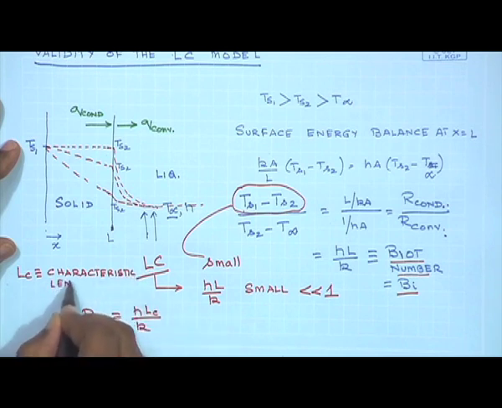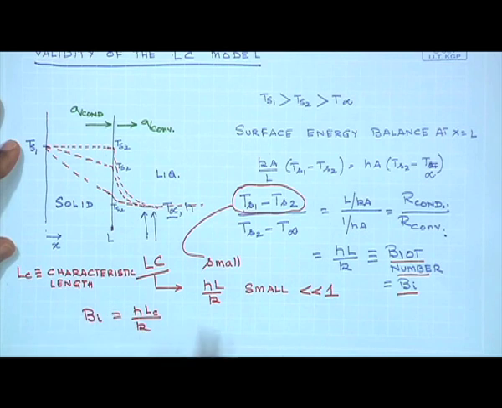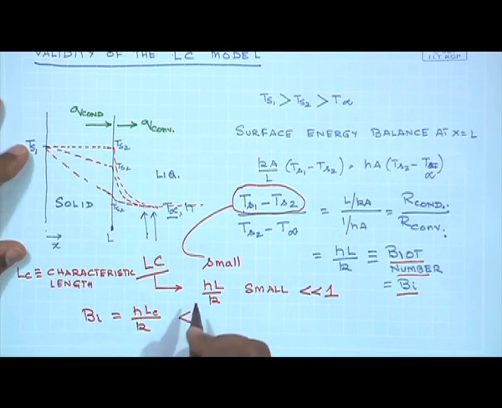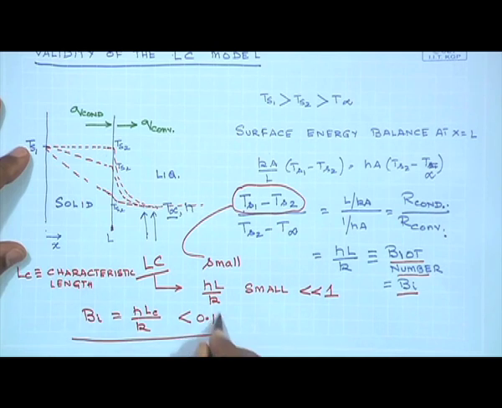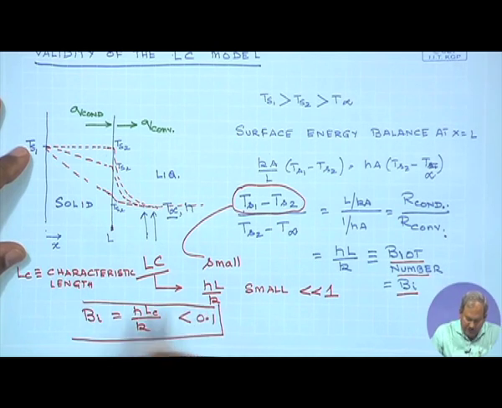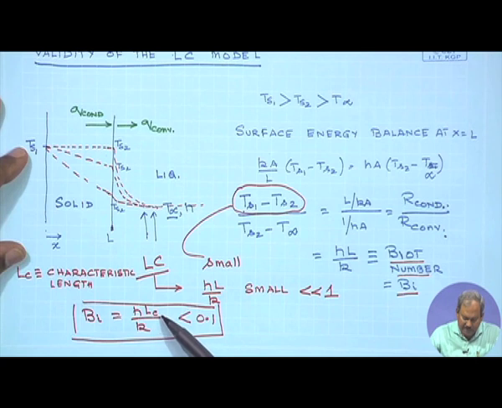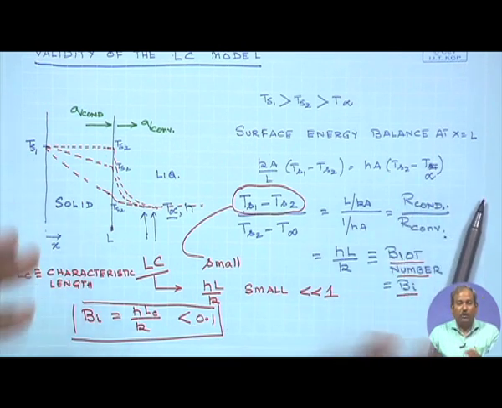Characteristic length of the solid. So, this Biot number should be less than 0.1. Experimental values suggest that one can safely use the lumped capacitance model if the Biot number, based on the combination of the convective heat transfer coefficient, the characteristic length of the system, and k, the thermal conductivity of the solid, is less than 0.1.